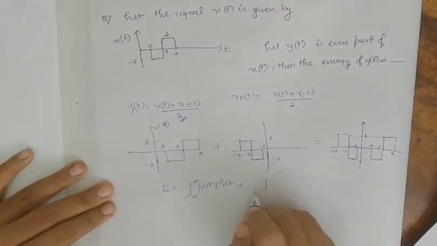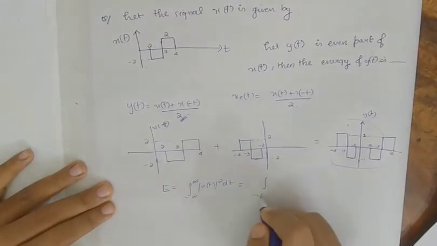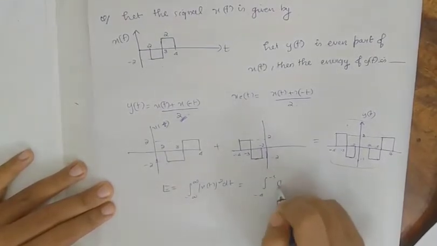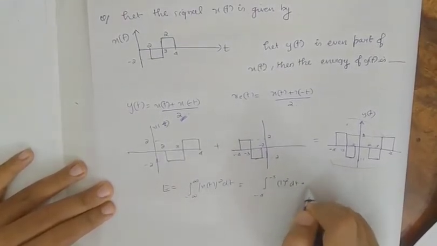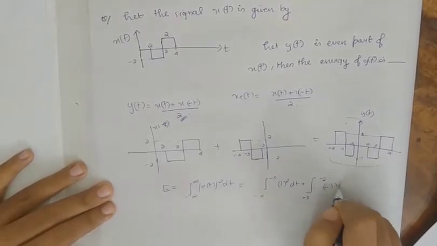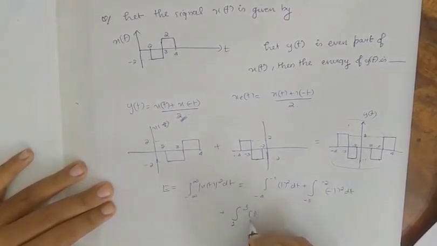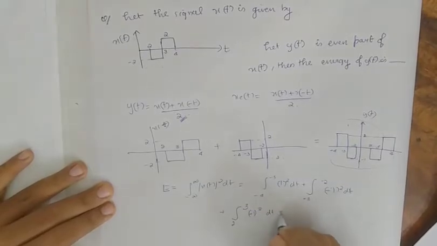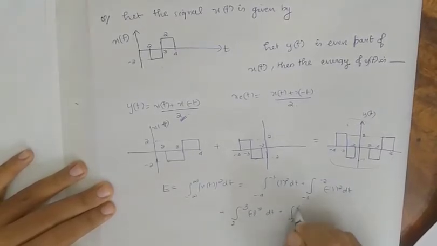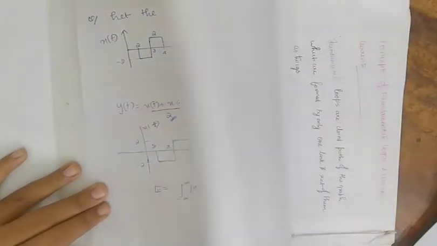Okay, so now this particular signal is our y of t. From minus 4 to minus 3 it is 1 dt. From minus 3 to minus 2 it is minus 1 whole square dt, plus integral 2 to 3 it is minus 1 the whole square dt, plus integral 3 to 4 also it is 1 square dt. Okay, which is equal to,